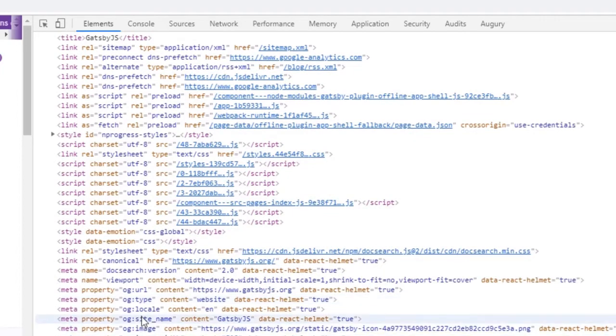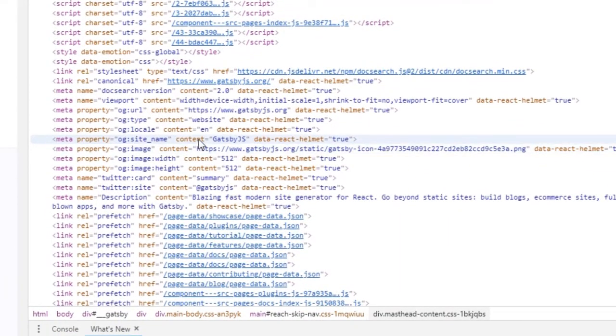For example, here we have OG site name, which is for Open Graph tags for Twitter and Facebook, how it's going to be displayed on Facebook or on Twitter. As you can see here, we have a Twitter card and we have summary. We have the Twitter site and the tag on Twitter that they have, and we have a description, which is